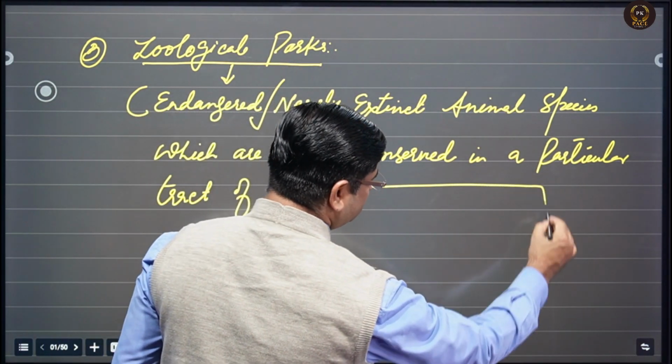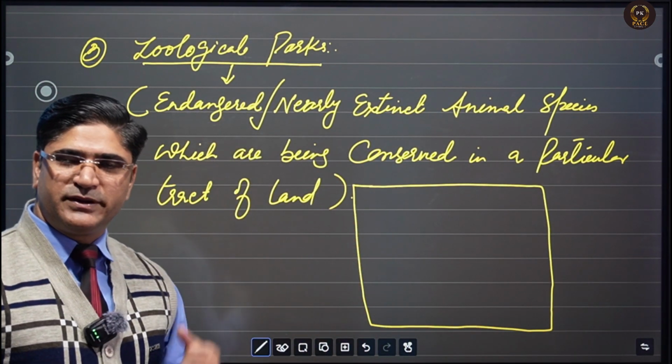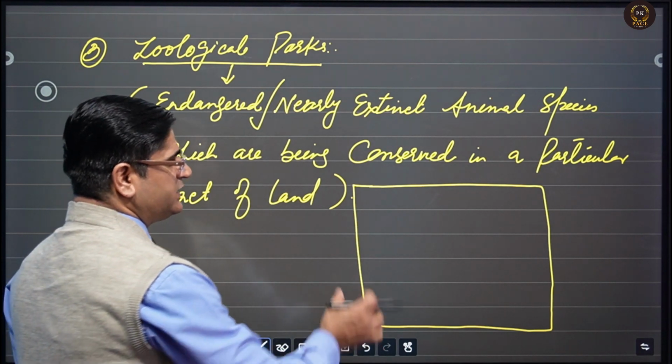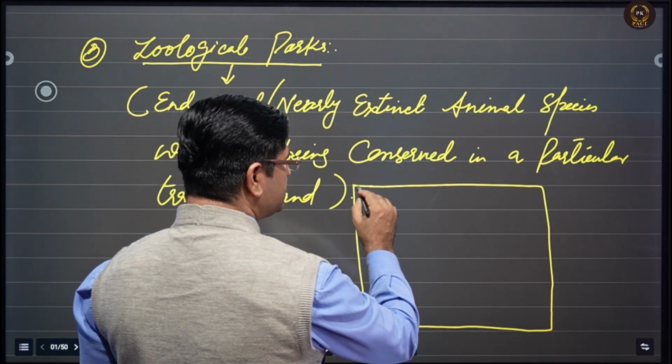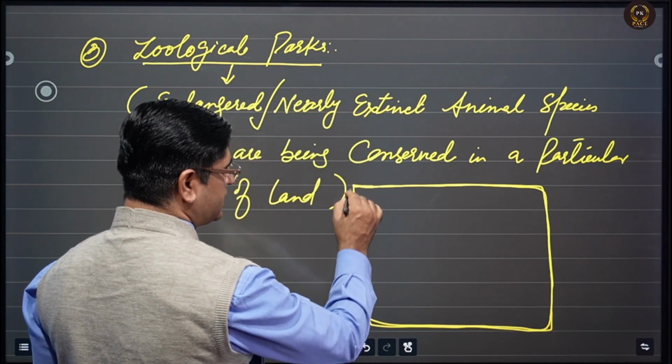Suppose this is the tract of land chosen for these animals taken from different geographical areas. This land is completely fenced outside,